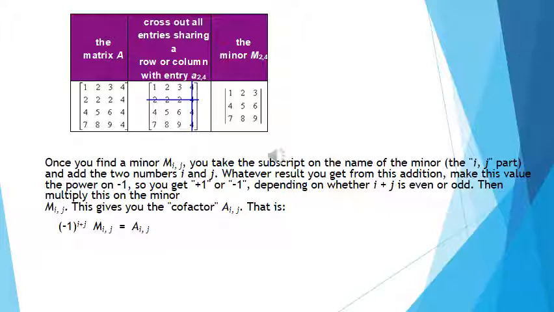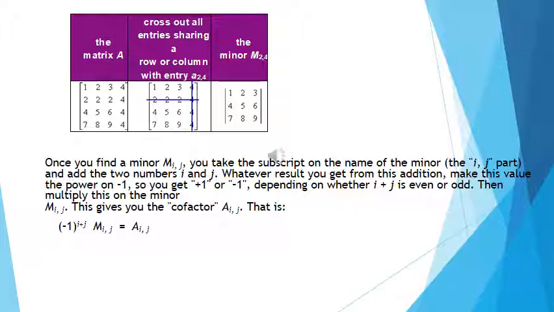Once you find the minor, you take the subscript on the name. Now, how do you give the sign for it? You know how to give the sign now. For the first row, first element, it is plus. The second row, second element is minus, because alternately you give plus, minus. Similarly, first row, first column is plus, and the second row, first column will be a minus. For columns likewise, you interchange and give these signs. So the pattern is plus, minus, plus, minus. For this 4, it's a plus sign only.